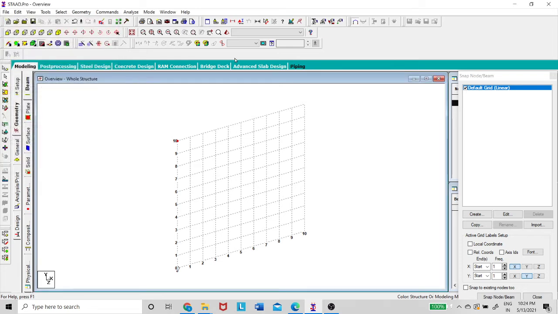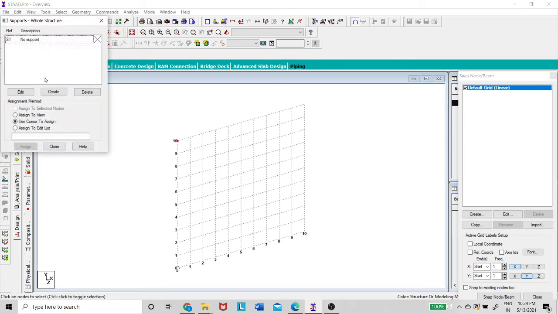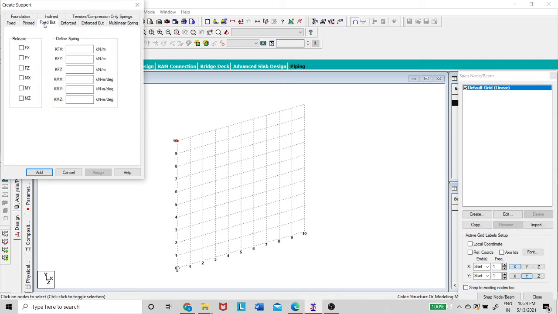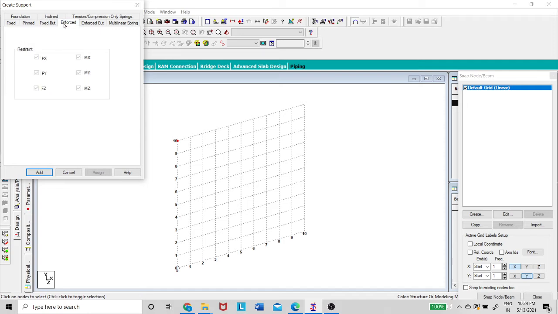Then the support page, you can create some sort of support, whether that is a fixed support, pinned support, fixed but some sort of releases are there, and the complete enforced support, there are different supports. Most of the times in buildings we use the fixed support and pinned support here.